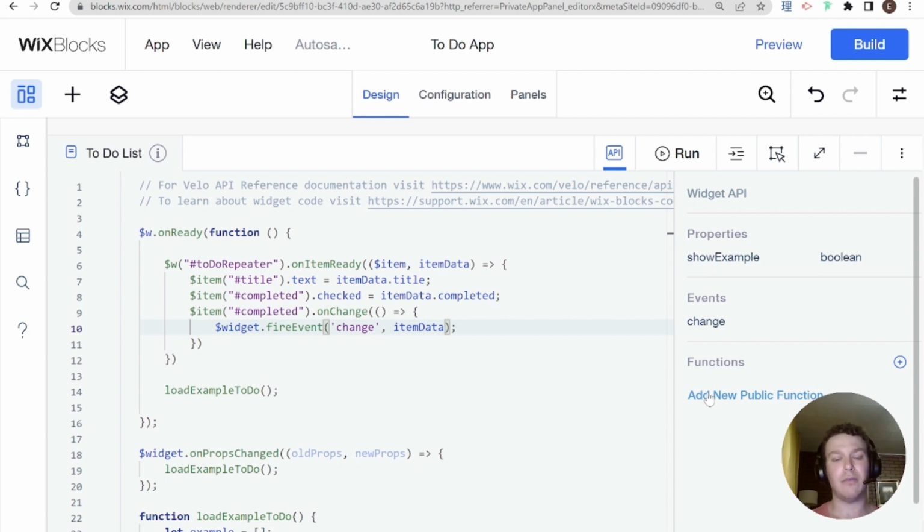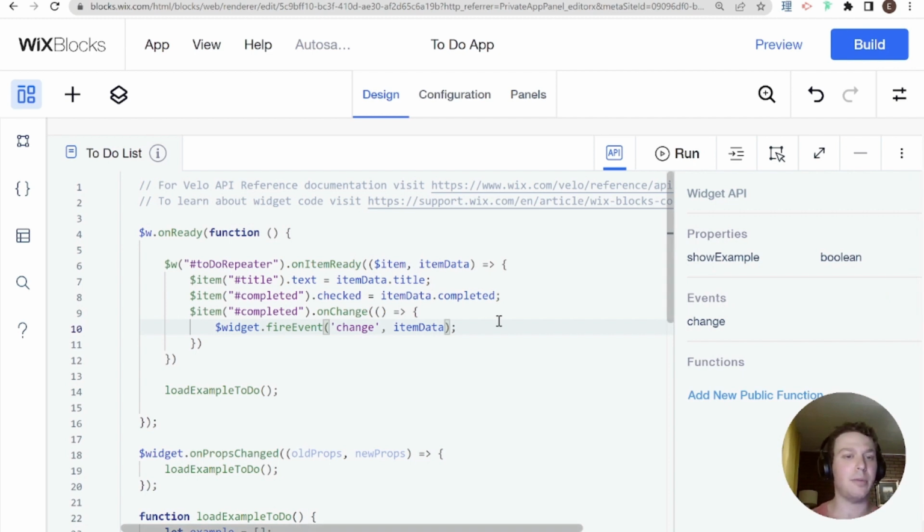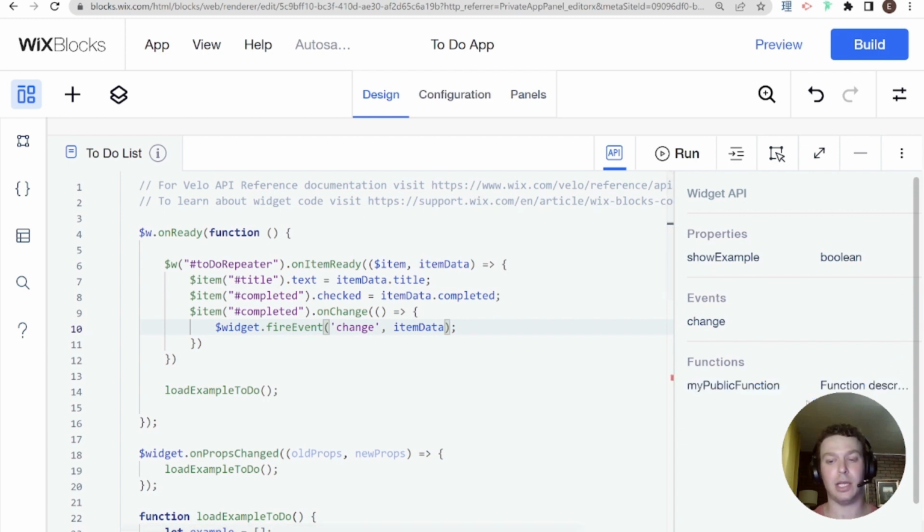And functions you could think of as the opposite of events. Events are announcements from the widget to the world: I'm doing this, this just happened. Functions are a way for the site, the world outside, to control what is happening inside of the widget. So if I go over here and I click a new function, I can,